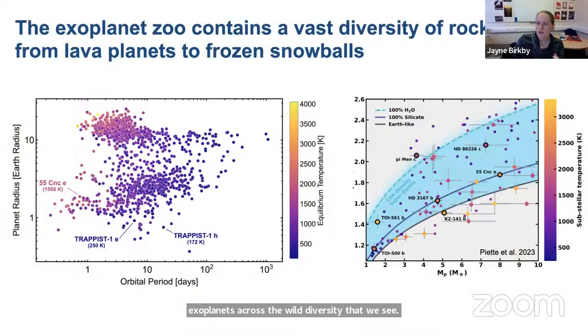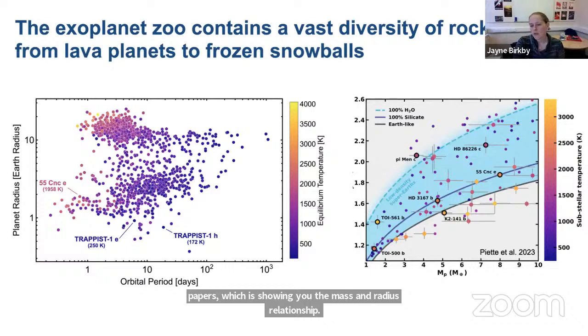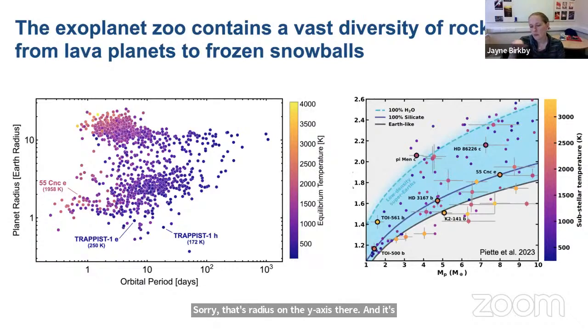I'm showing 2 plots here. On the left, you've got very classic orbital separation of planet versus planet radius. And on the right-hand side, this is a plot from one of Angeli's papers, which is showing you the mass-radius relationship, where, sorry, that's radius on the y-axis there. And it's showing you some models, the curves for different